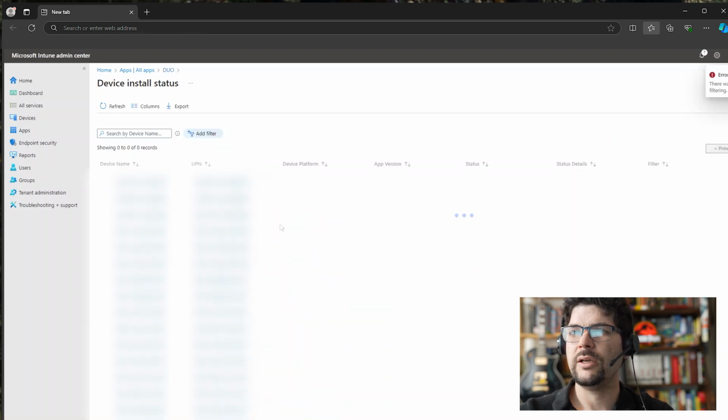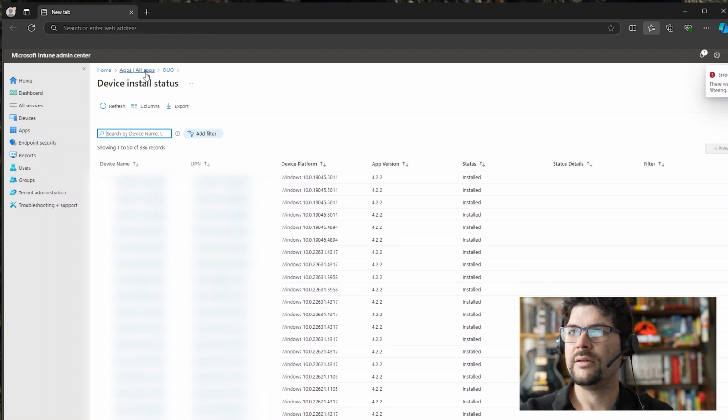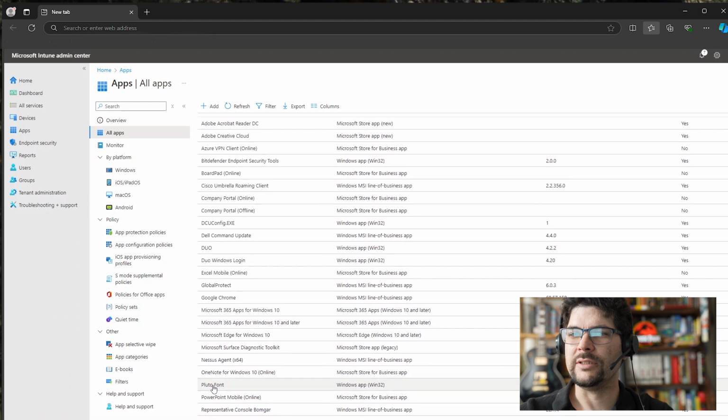We can check whatever is installed in the devices. We can check the list of devices that have that. I'll probably have to blur that out. So blurring that out. And yeah, for instance, this one,